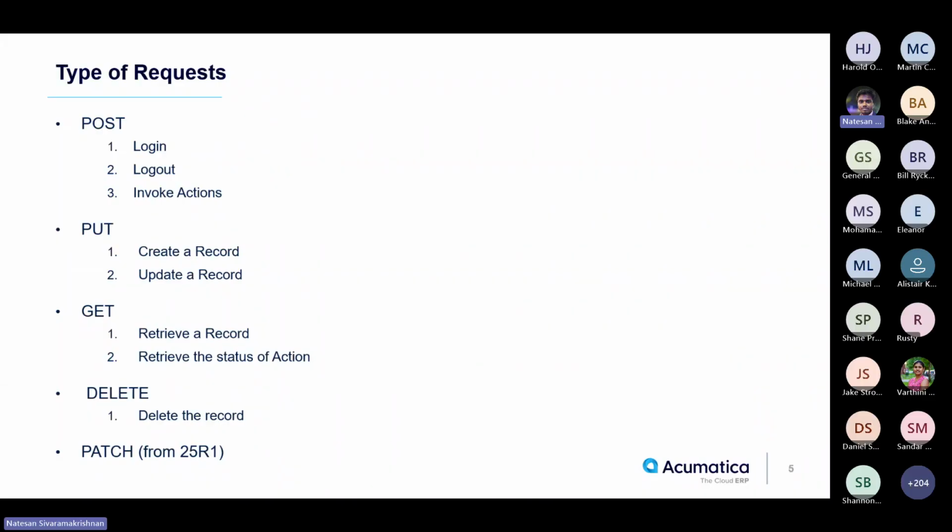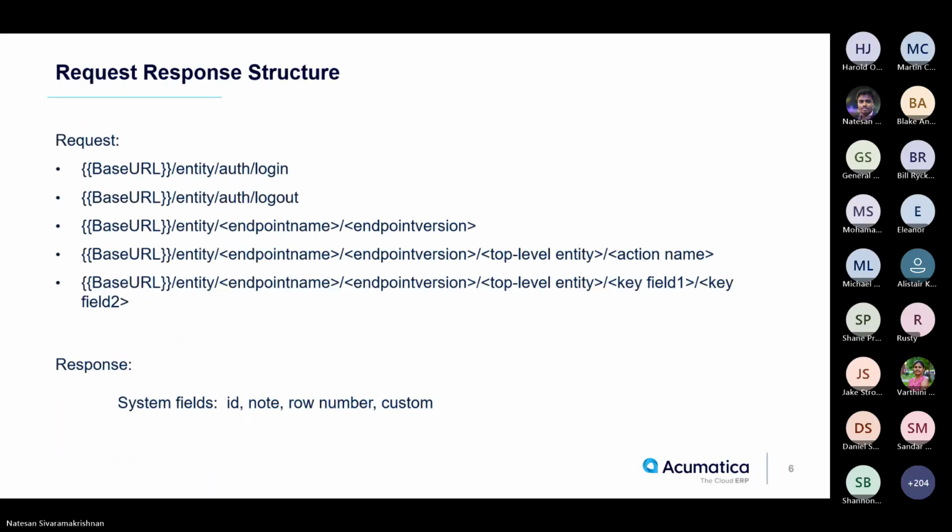We can also use the delete method to delete the record, or use the put method and use the delete parameter to delete a sub entity of a record. We'll briefly discuss the patch method later in the session,